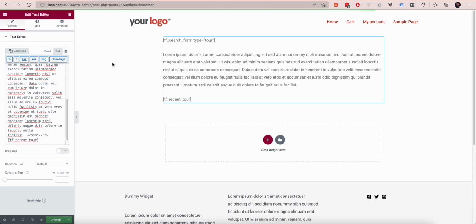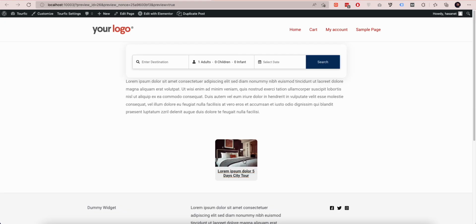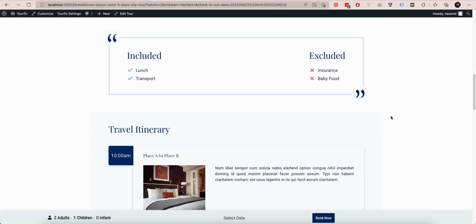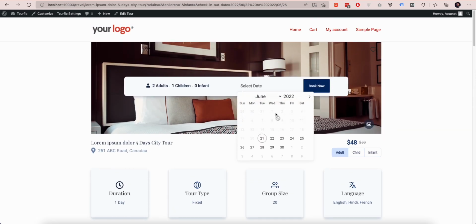Now let's see how it shows on front end. So here is a tour and here is the search phrase. So let's say someone is looking for a London tour. There are 2 adults, 1 child, and here is the date. So there you see we now have a city tour. So if we open, there's everything. Now let's select date